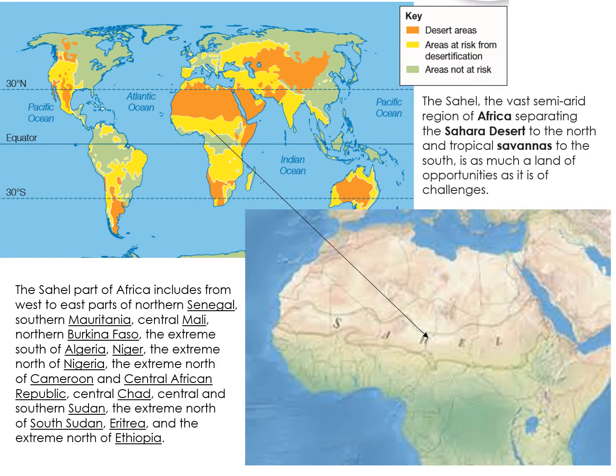So we're going to focus today on the Sahel part of Africa, and you can see that by looking at the 2 maps here. It's an area which is at risk of desertification. It's a vast semi-arid region of Africa, separating the Sahara Desert to the north and the tropical savannas to the south. It includes countries like Senegal, Mali, Burkina Faso, Algeria, Niger, Nigeria, and it extends from the west across